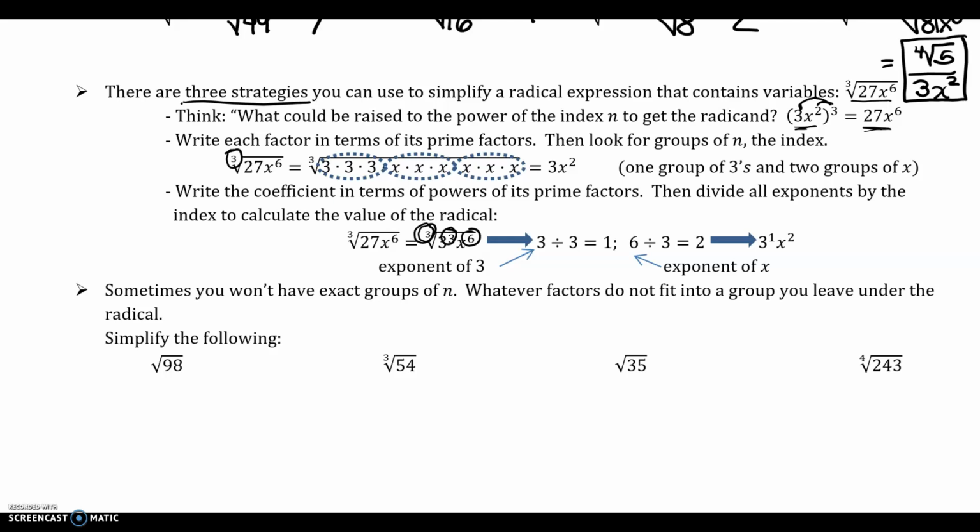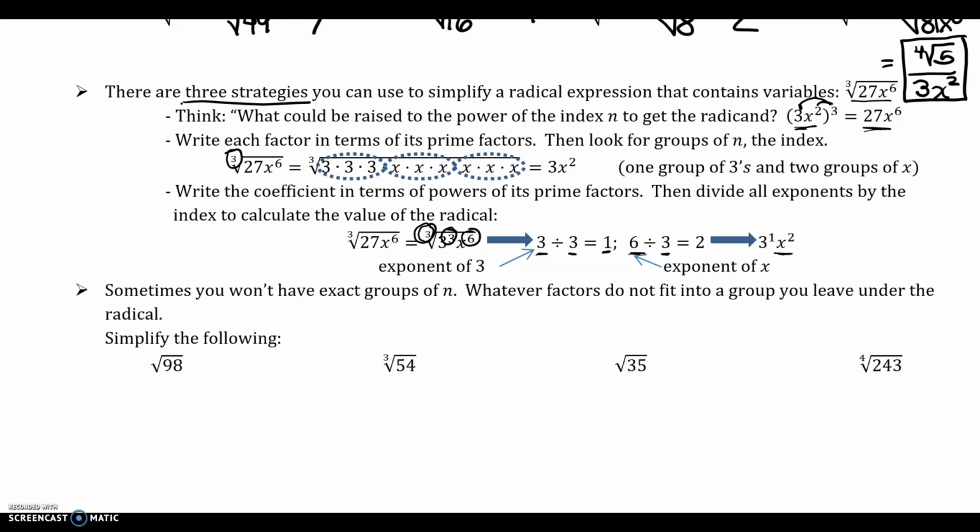So I have one group of 3 in 3, so 3 divided by 3 is 1, so I pull out 1, 3. Right, so then I have 6 divided by 3 is 2, so I pull out 2 x's. All right,